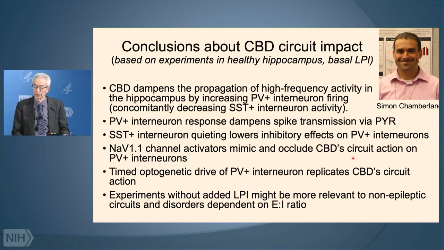And these experiments, which are done without added LPI, are really better suited to the neuropsychiatric indications that CBD might be used for, because the people who are taking CBD for whatever ails them, sometimes intelligently and sometimes maybe blindly, are not epileptic patients. They're just people working with the brain's own level of LPI. And so the virtue of having an endogenous system is that it's modulating the properties of the circuit and regulating how information gets transferred, and it provides a strategic target for CBD action.